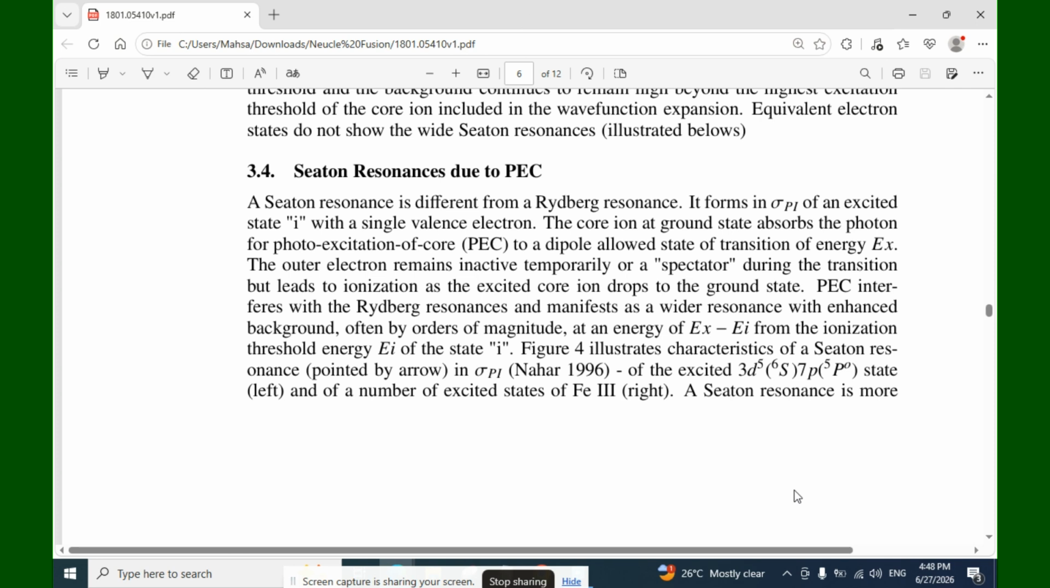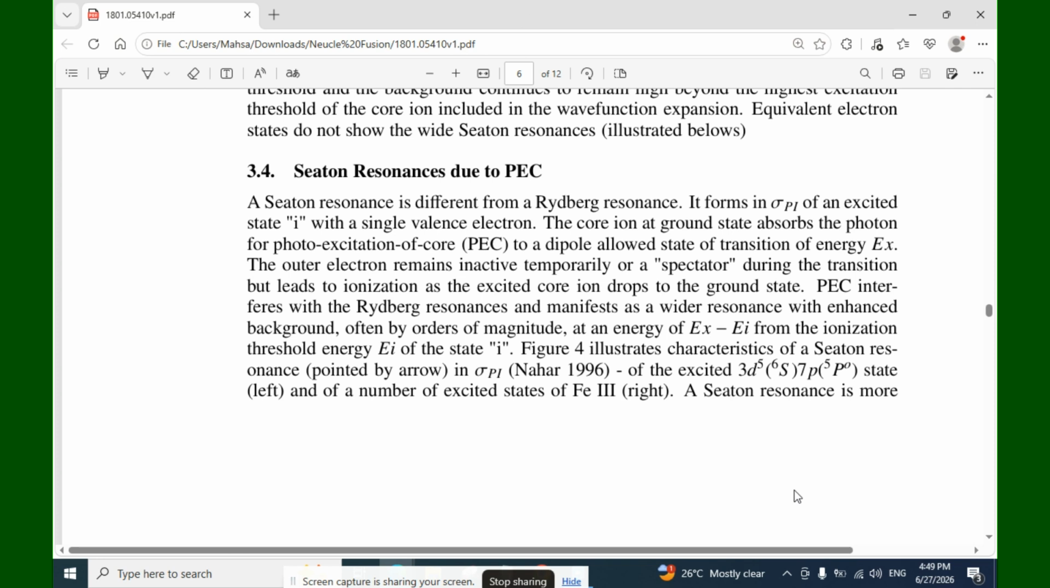The next discussion is Seaton resonances due to PEC. A Seaton resonance is different from the Rydberg resonance. It forms in sigma PI of an excited state with a single valence electron. The core ion at the ground state absorbs a photon for photoexcitation of the core, PEC, to a dipole allowed state of transition energy X. The outer electron remains inactive temporarily, as a spectator during the transition,